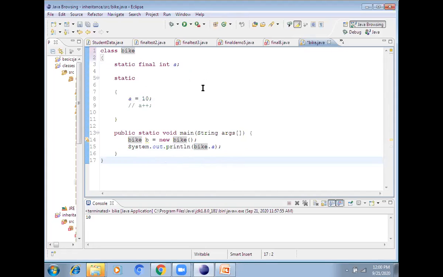It's completed. So today we have learned about final uses. Tomorrow I will tell about the super keyword. Super uses I will tell. It's very, very important. Tomorrow we'll discuss what the super keyword is.